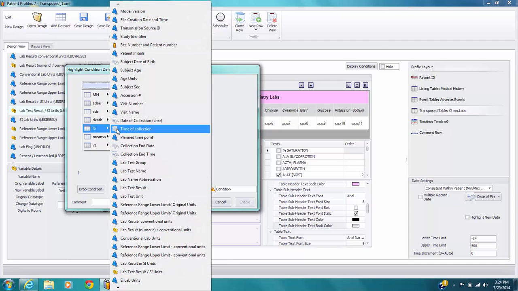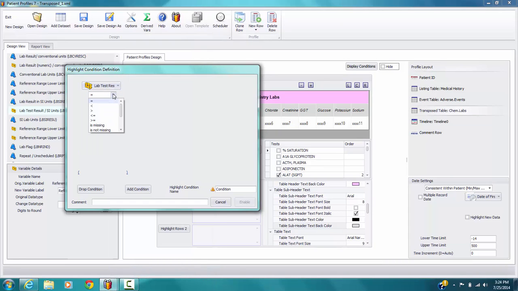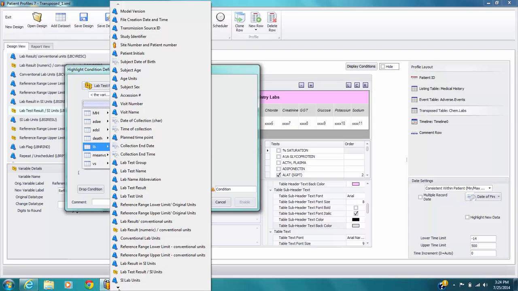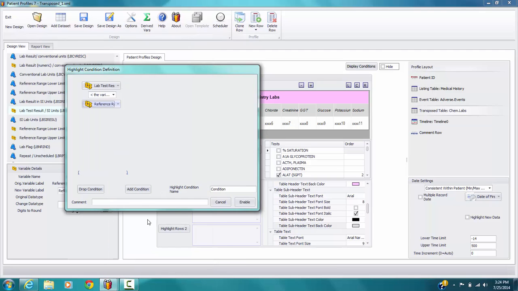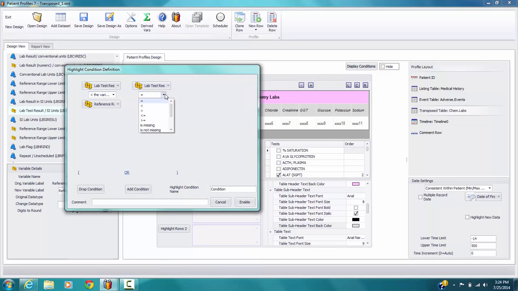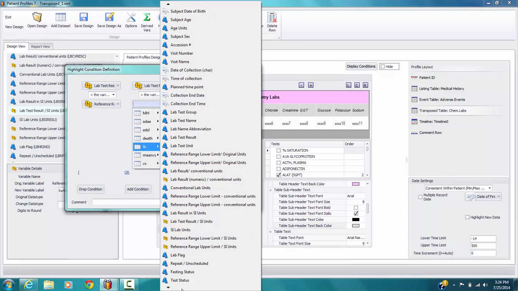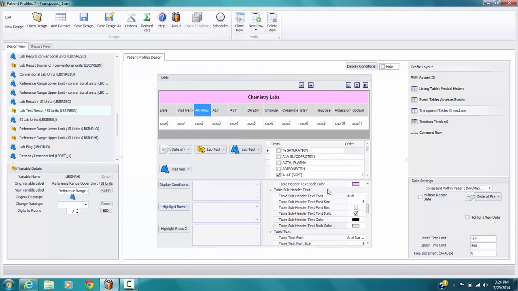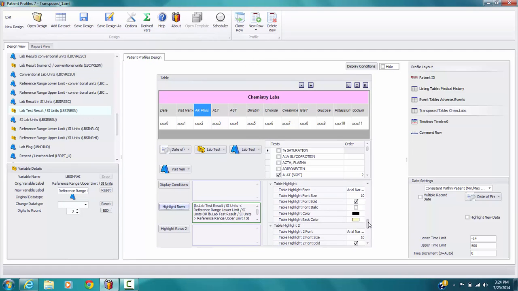So we're going to select the LB data set and then our result and select is less than the variable. And then we're going to choose the lower limit. And then we'll do the same for the upper limit. Is greater than the variable. Upper limit. And then we click enable, and we'd like those values to appear